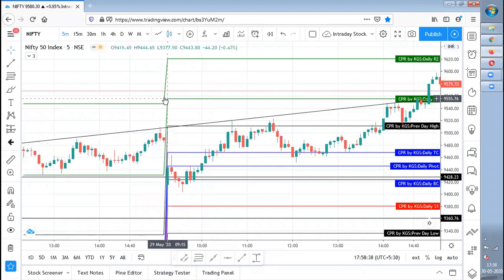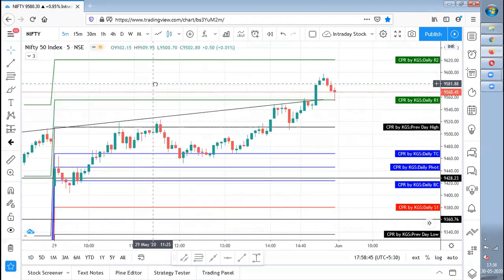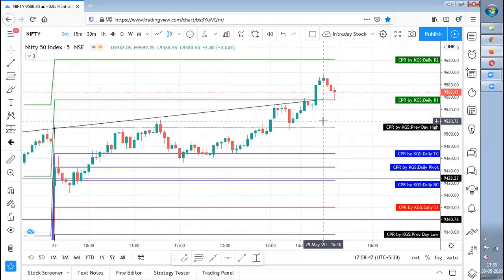These lines are there throughout the day. It will not change. For the first 1 hour it will be here, second 1 hour it will be here. For the entire day, the pivots are going to be the same. So that is why I stick to CPR. And more than CPR, what I would say is applying price action. Price action is nothing but support, resistance, trend lines, patterns, candlesticks. Applying all these concepts, if you are able to trade, then you can make some good understanding in the market, bro.